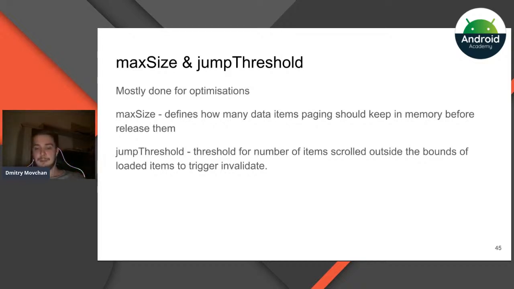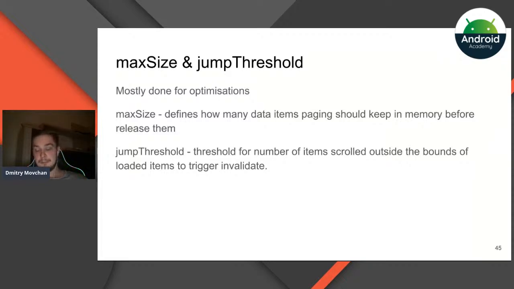For example, if we scroll a list two-way a lot, then we will store a lot of items in our memory. So with that parameter, we can just drop some old items and not store them. But of course, if you return to them, we should load them another time.